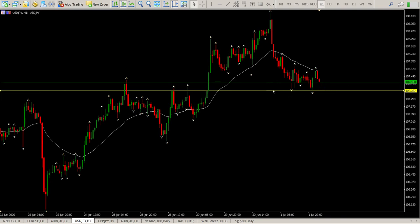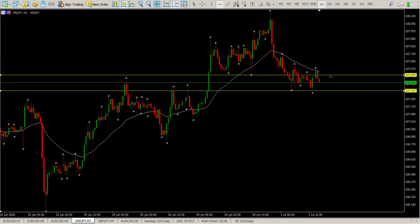Okay, this is another interesting pair. So basically, if you look at the dollar charts we've looked at, there are setups for a strong dollar. Okay, so something is brewing. Well, we'll just have to wait and see what transpires. I do want to see a bit more structure, and I'm not really interested in trading dollar pairs until after non-farm payrolls anyway. So keep them on your radar, because you also have